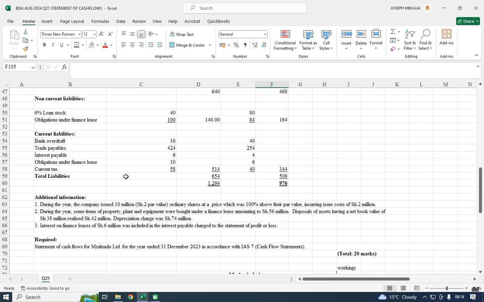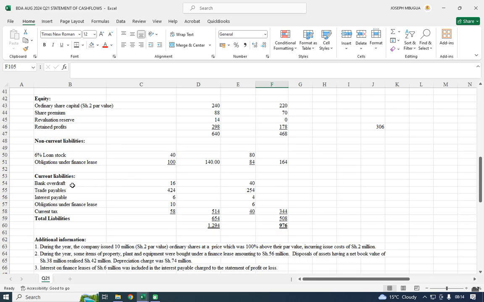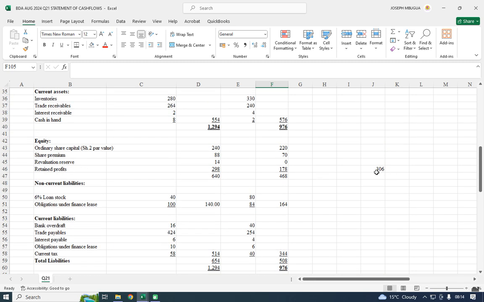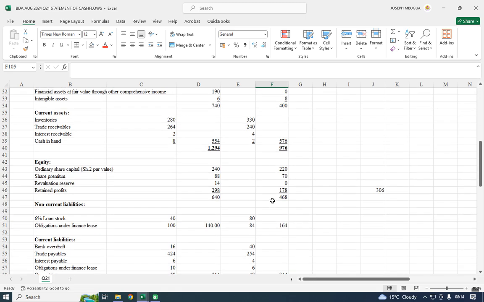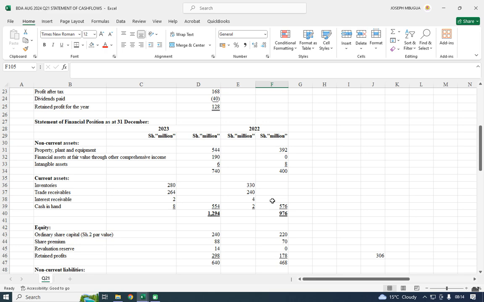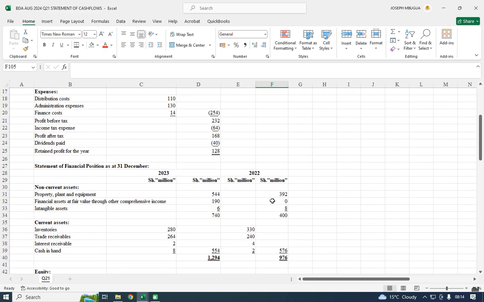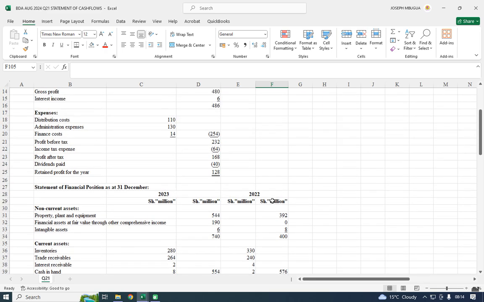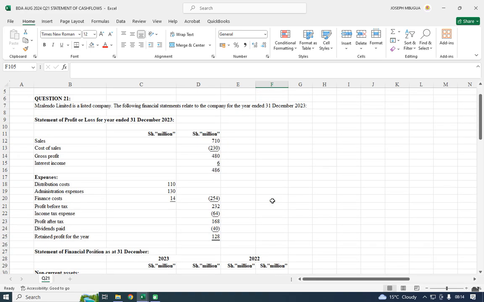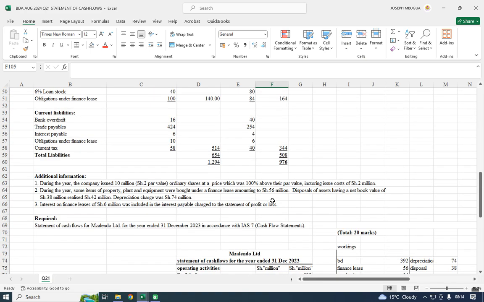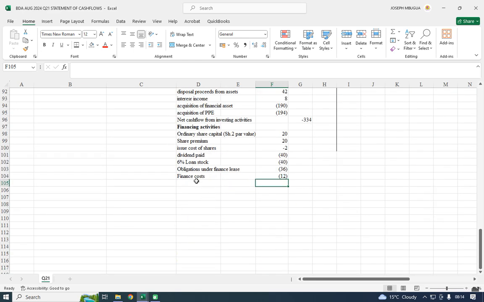So current obligation, apart from the bank overdraft, which we shall use as the opening. So the only thing that did not add up is this. Two items we shall revisit, the interest receivable and this one, to see what is the problem with them. But for the others, I think we have dealt with them the way we are supposed to deal with it. So the only thing, we find the net here,